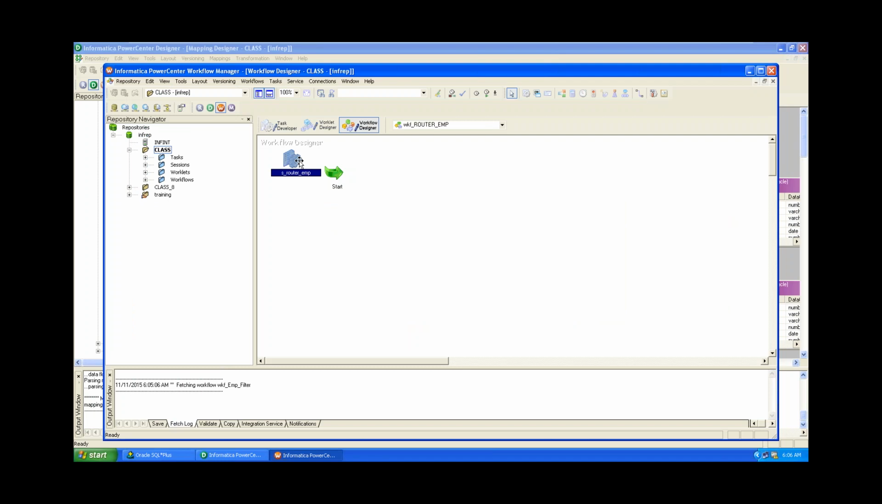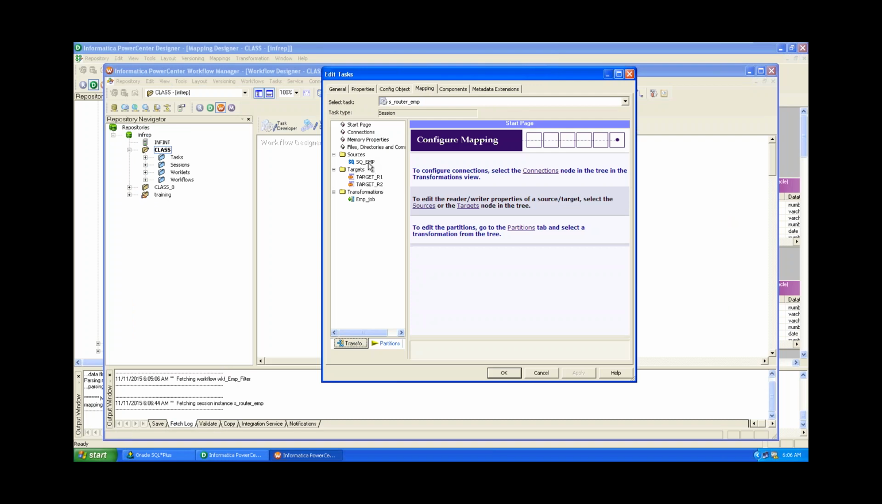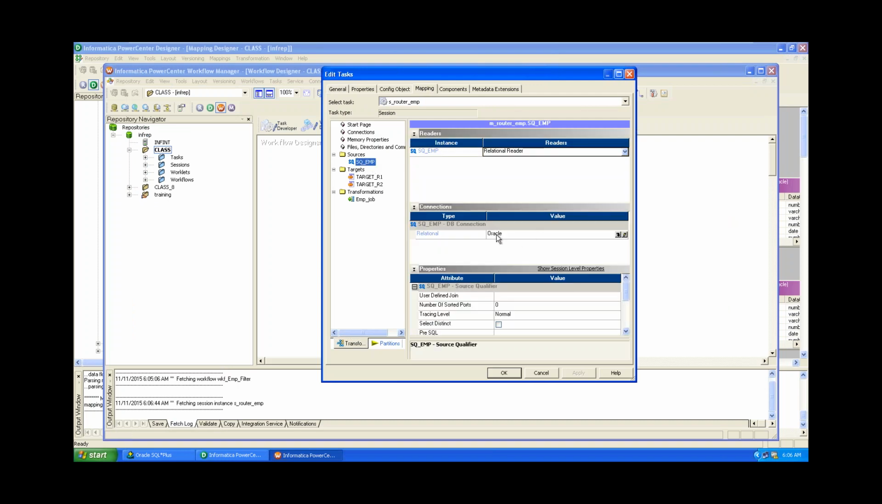Okay, we have created a session, and then we need to give the link condition. We need to establish a link. The link is established. Then we need to check the conditions in the session. We need to check the DB connections. The DB connection is there, Oracle. And what about the targets? The target is also there. And then we need to change bulk to normal. How many targets do we have? Two targets. For both targets we need to change bulk to normal. And then apply,